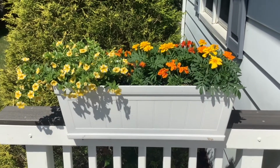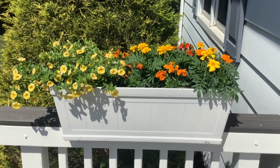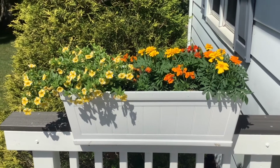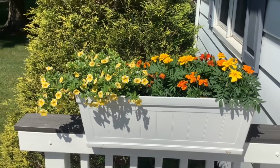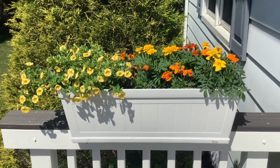So see, I'm learning. I have no idea. I don't really know what I'm doing. But it's fun. And I think that they look super pretty. So, okay, this is my update on my